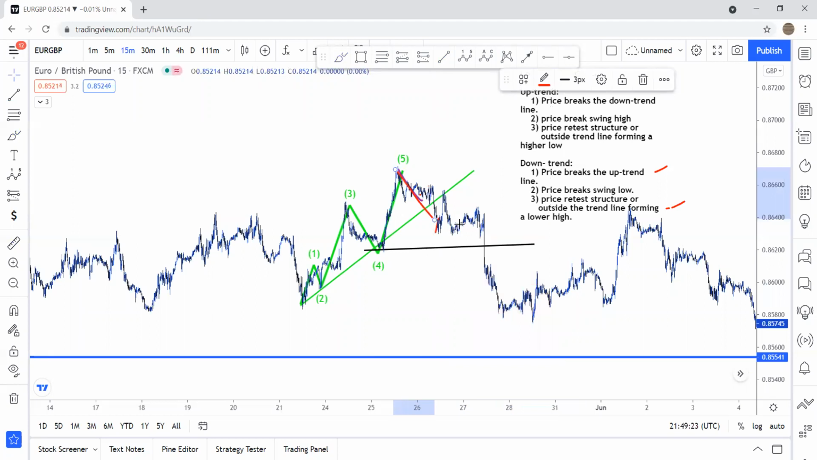So step 2 and step 3 are interchangeable, but as long as all 3 steps are met, you are good to go. Right. So as we can see, the first step will always be the break of the trend line. But in this example, we had a retest outside the trend line, or if you want to look at this area as a retest, whatever. And then the third step, and then the second step, which became the third step, broke off the swing